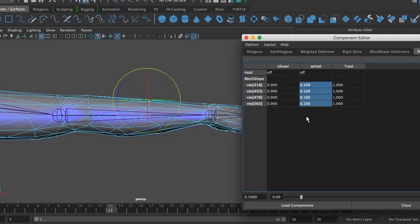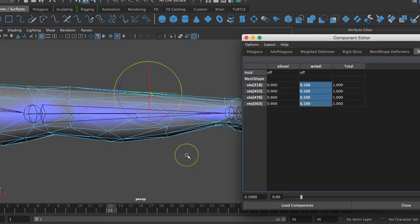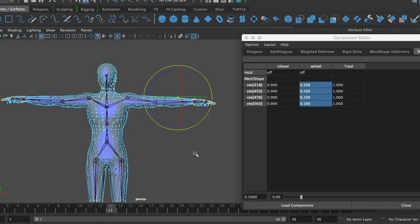You might even be saying, you know what, Jen, I'm moving my wrist right now and the muscle moves, but it's not really the mesh. And that's what we're faking. We're faking that there is a muscle under here. So that's what you want to pay attention to and say, okay, well, if I can get that to move a little bit, put your finger over your forearm and move your wrist and see what happens. So you do want a little bit of weight to be assigned, probably just 0.05. But you'll go through that, doing that with your whole model, and then be crunching numbers or painting using the capsules, all of that, and then you'll be turning in a nicely bound mesh to the